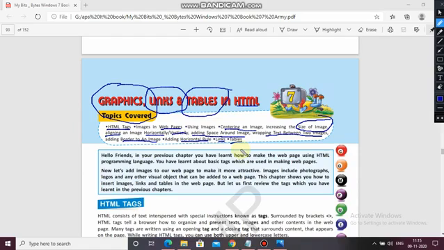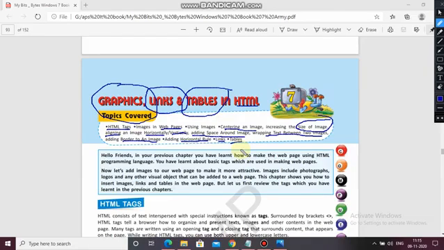So here it is written: hello friends, in your previous chapter you have learned how to make a web page using the HTML programming language. As you already know, HTML is a programming language through which, with the help of tags, we can create a creative, attractive web page. You have learned about basic tags.